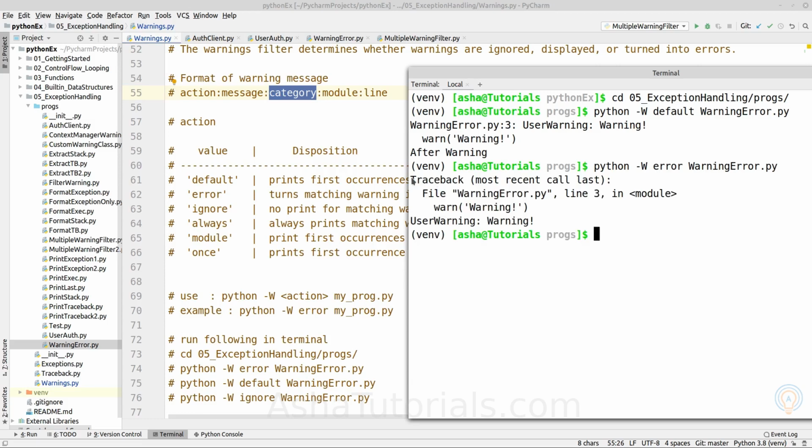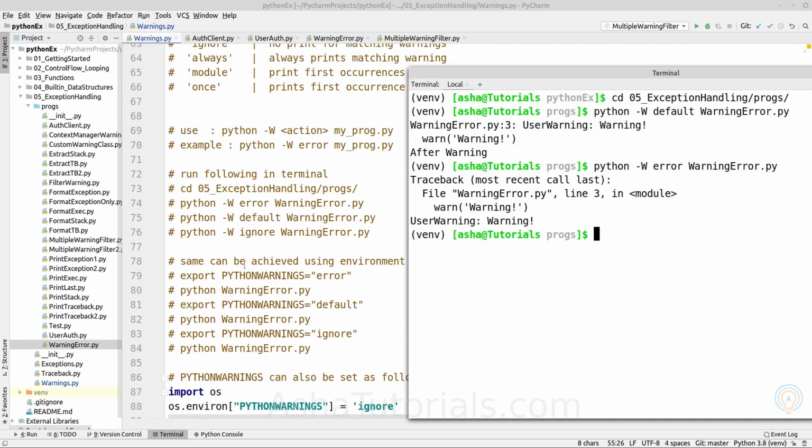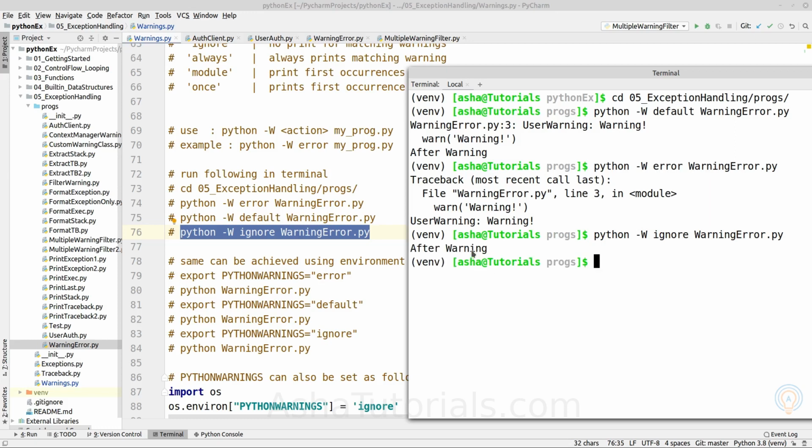If we execute it, here we can see the traceback, which means it is converted into an exception. And if we look, the print statement after the warning message is not executed because this exception is not handled. And next one is ignore, which will not print any message for the warning. As we can see, it is only printing the message from the print statement and the warning message is ignored.